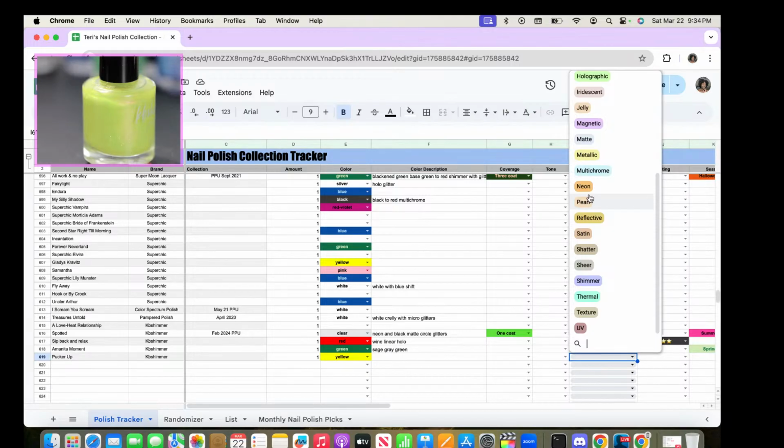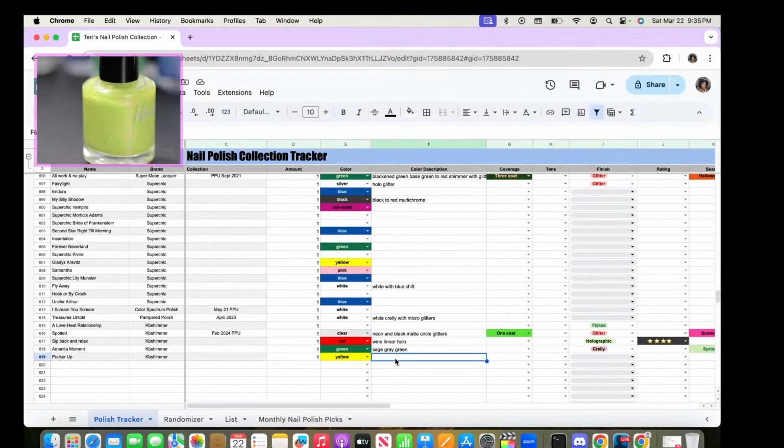Yes, it says chartreuse leaning yellow neon nail polish, strong coppery orange to lime shimmer, accented by micro hollow bits. Best in 2 to 3 coats. So it's a shimmer with glitter. So I'm gonna type here